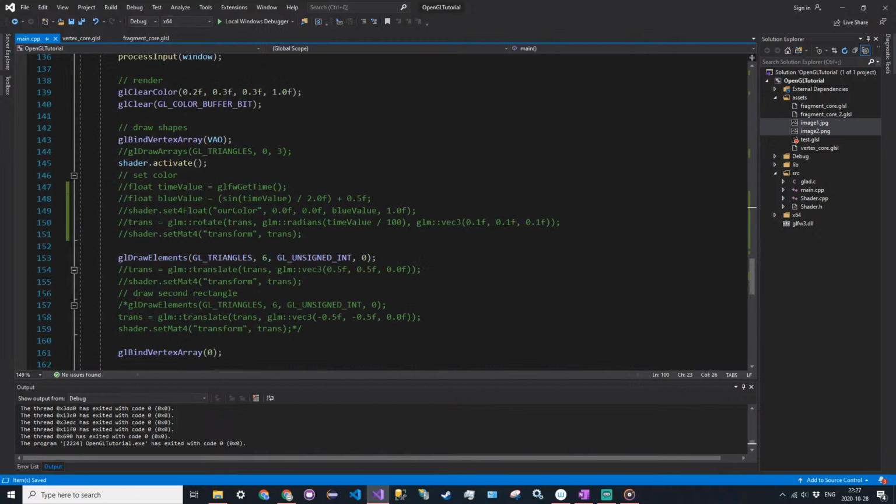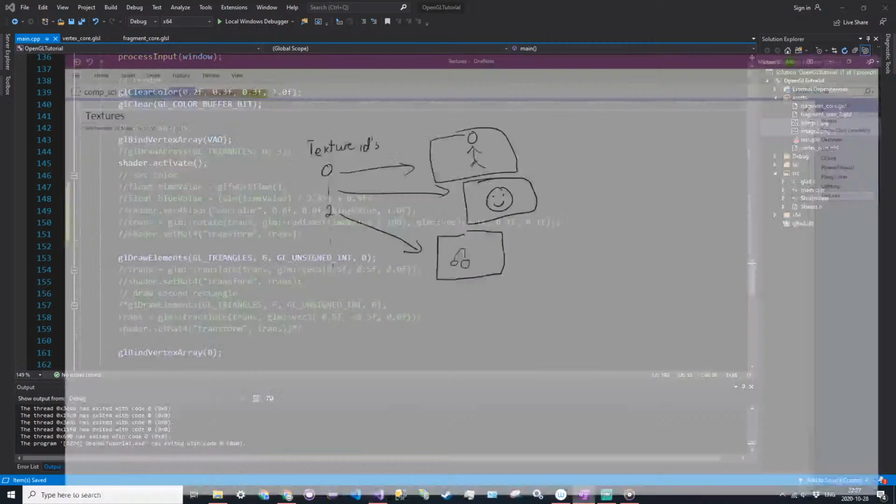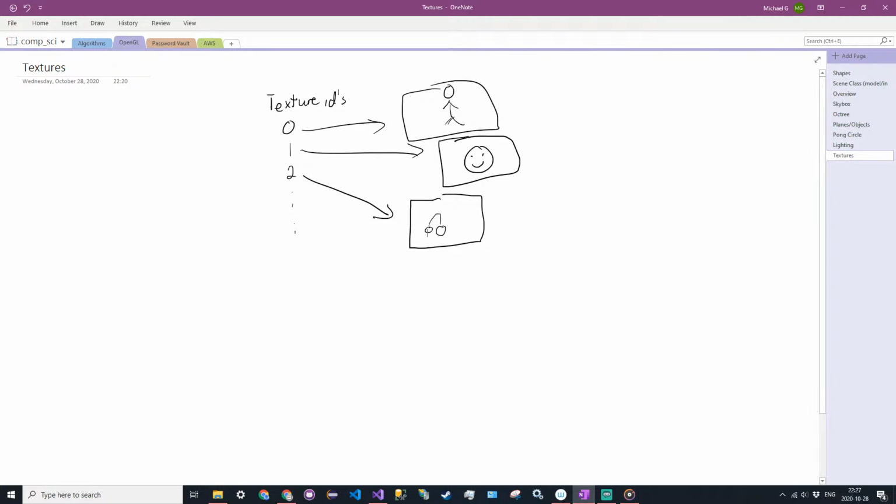So now in the main loop, before I didn't completely explain how OpenGL renders textures. This is how OpenGL stores textures on the GPU. Now, for actually rendering the textures, OpenGL refers to something on the GPU called texture units. So texture units, and this is going to be like a 0, 1, 2, and however many texture units are available. And then what happens is,